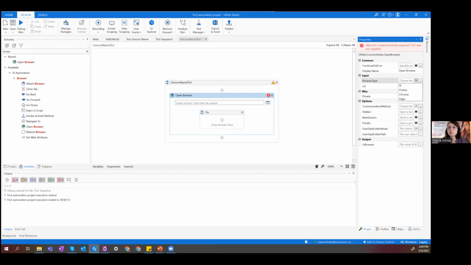But for the other browser, in order to be compatible with Chrome and allow scraping with Chrome, you have to install an extension. It is very easy to install, and UiPath provides guidance for that. I will not go there at the moment. I will choose, for simplicity, the UiPath browser. I will say, I want to open this page because it's a demo.